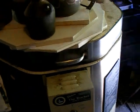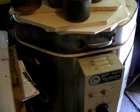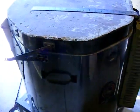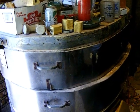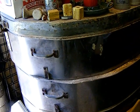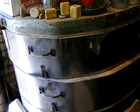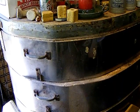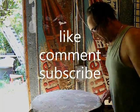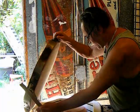This little kiln, I waited for 3 years to show up, and it's the same as this little kiln. What I really need is, not something that big, but a 16 cubic foot oval. And with the price of elements and the thought of redoing it, I'd rather just wait for a used one to show up. I didn't catch any more of our visit, but since it's now a week later,